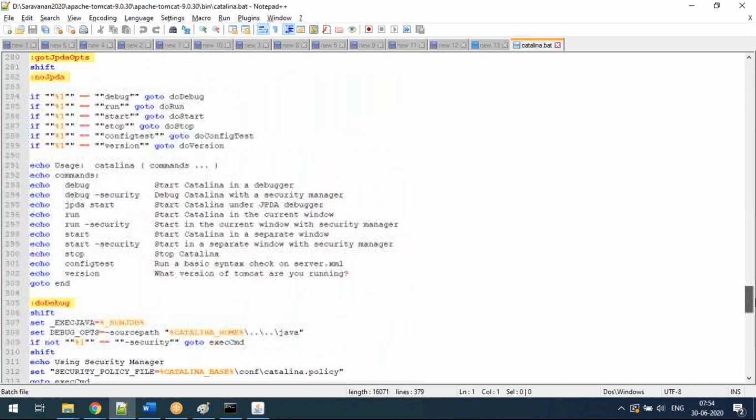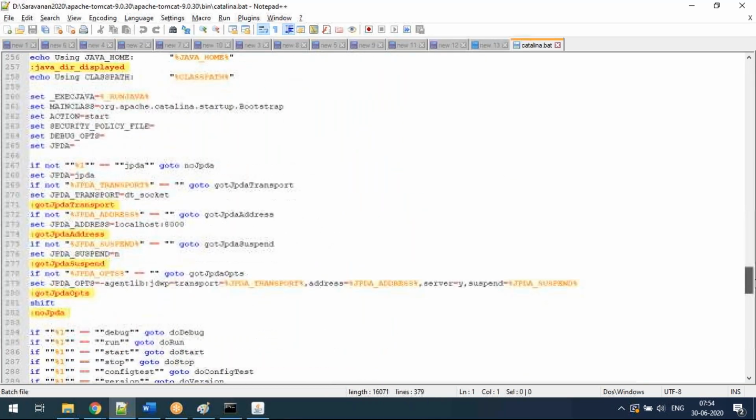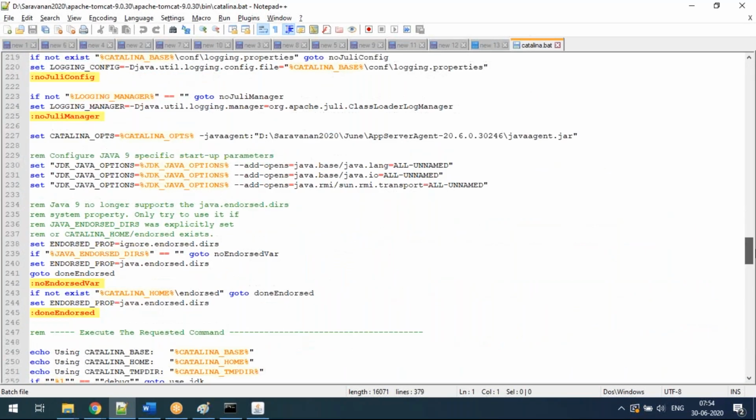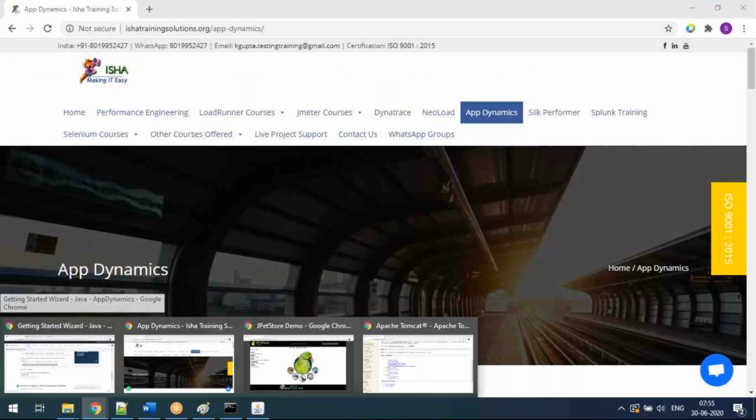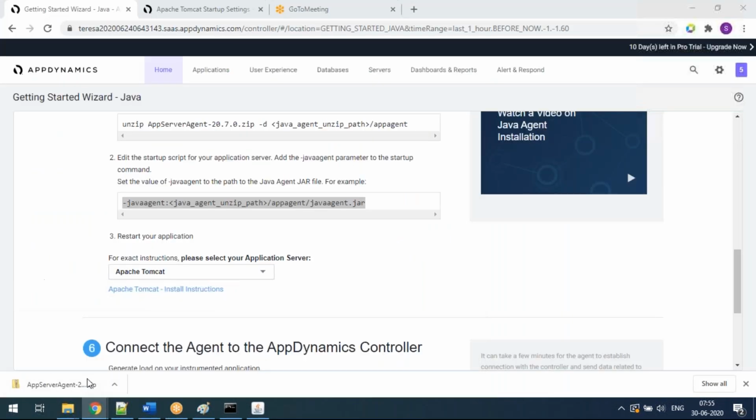Inside it, they mentioned the javaagent, the path of the agent. This is how you have to prepare it. You can see the link also, this link and this link. The only difference is that instead of putting this slash, you have to put this